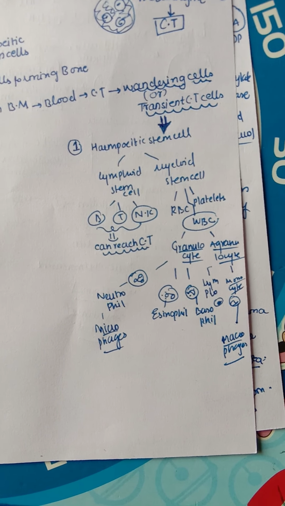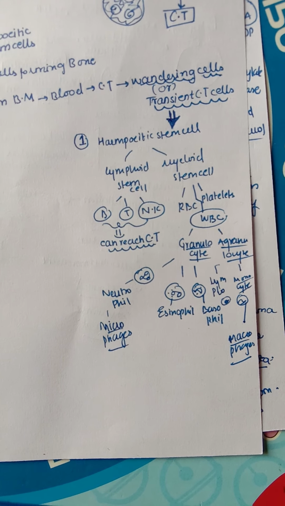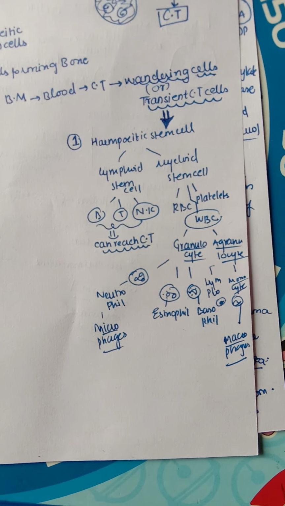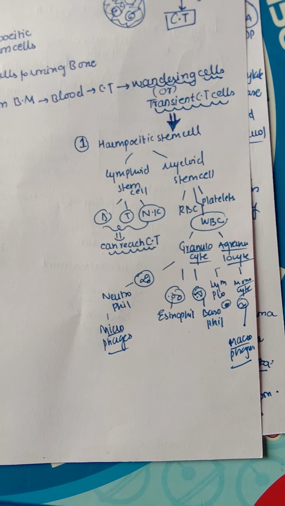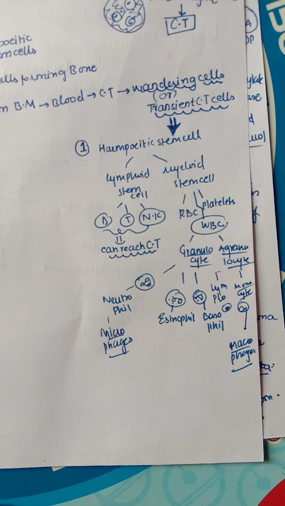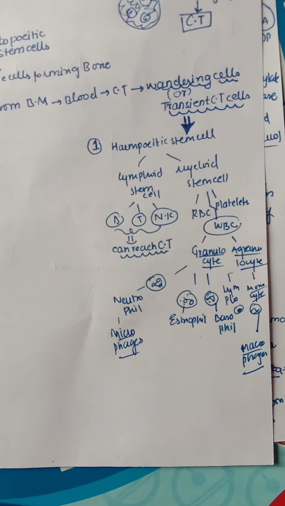First let us see how they are formed. So first we know hemopoietic stem cells, that is the blood forming stem cells, are divided into lymphoid stem cells and myeloid stem cells. The lymphoid stem cells are further divided into, as the name you can understand, lymph cells, like lymphocytes. So B cells, T cells, and also natural killer cells.